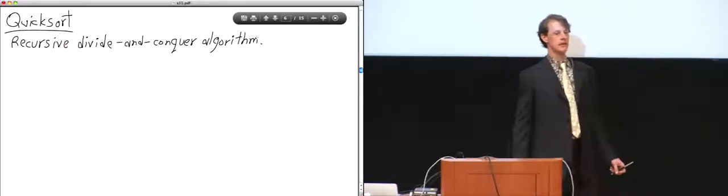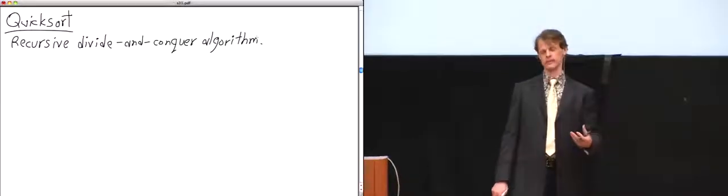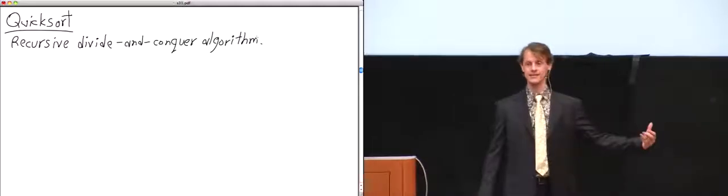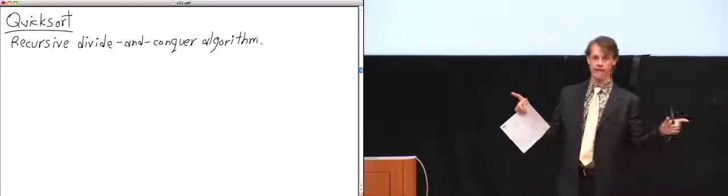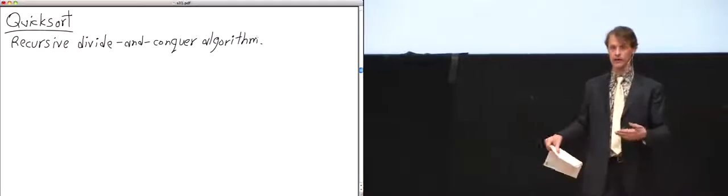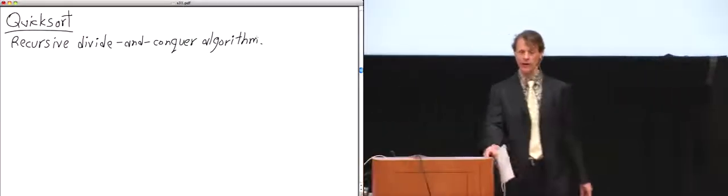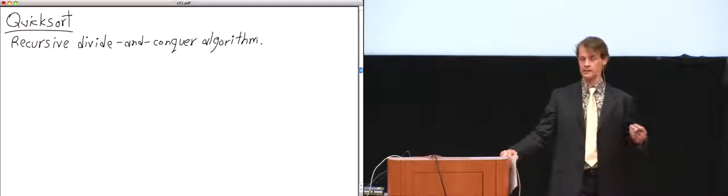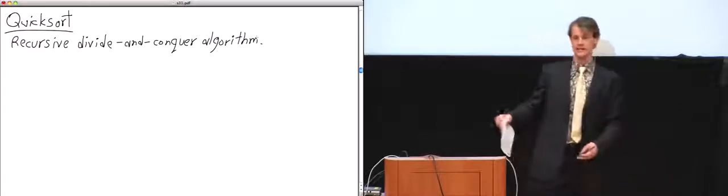The difference is that merge sort does all the work at the end. So in merge sort, when you're dividing a list into 2 lists, that's no work at all. When you're merging those lists back together, you're doing a selection sort. That's where all the work occurs, at the conquer part of divide and conquer. Quicksort is the opposite of that. Quicksort does all the work in the beginning, in the divide stage, and then the conquer stage, the merging stage at the end, is easy.